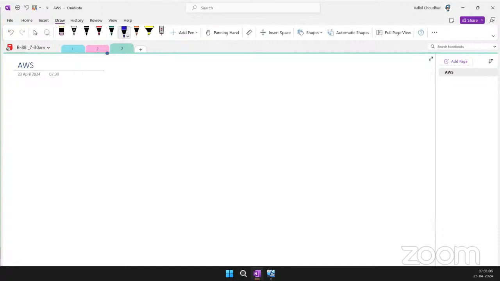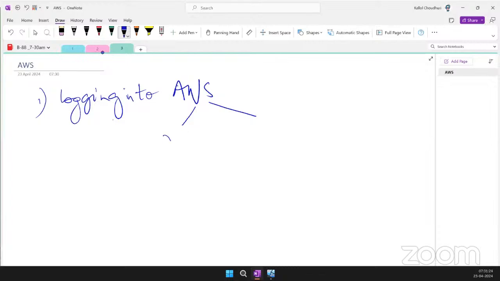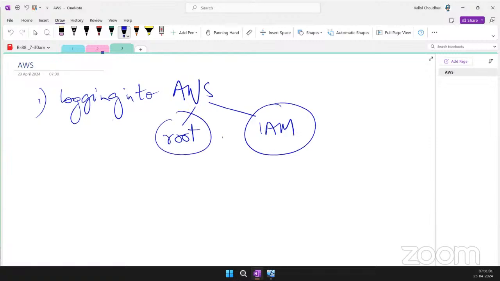So the agenda is going to be number 1, logging into AWS. There can be 2 ways you can do it. One is the root login, and the other is an IAM login. I'll discuss IAM, root versus IAM, which one you should use, when to use and when not to use. And apart from that, I'll discuss